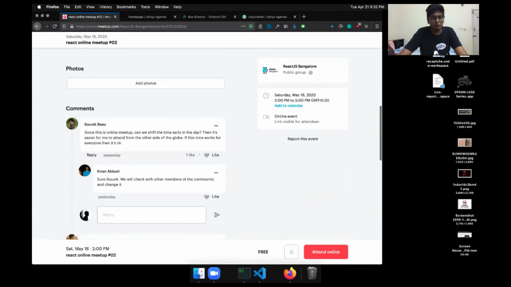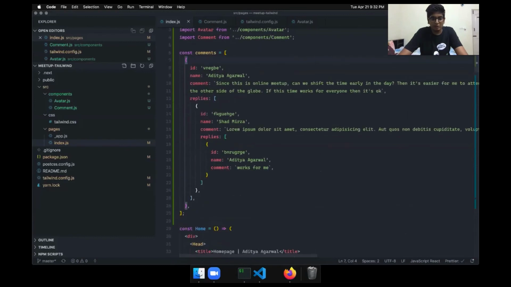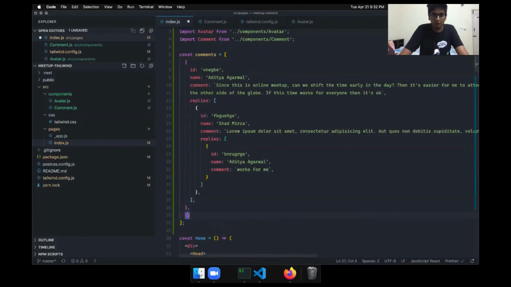There are two things. So there are two threads. So in the comments data, there is one object, and then there will be another object. So this one has ID, and this one has name.